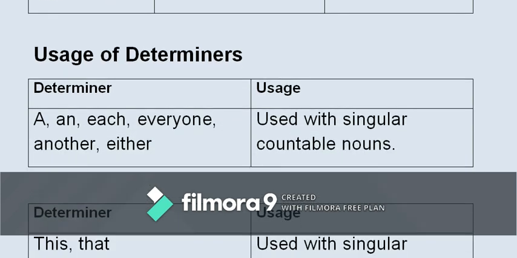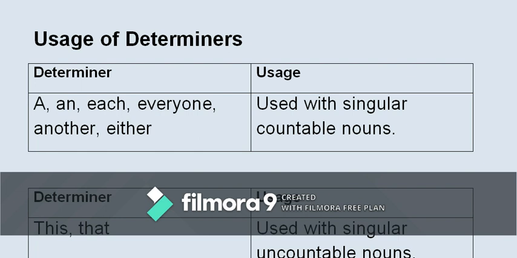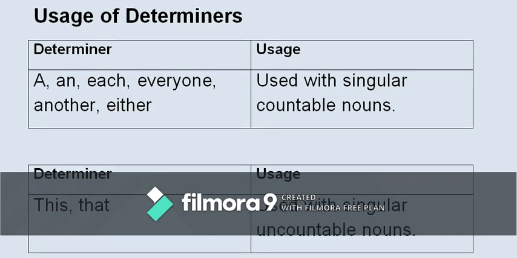Let us proceed. The use of determiners like a, an, each, everyone, another, either. You must have seen that I have taken words from different categories, so different parts of speech, and grouped them over here. Now why did I do that? To show you that these words are used with singular countables. So you will have a perfect understanding that if you get a passage for editing, omission, corrections, or gap filling, and the noun is countable and singular, then you should have these words at your fingertips to place and see whether they fit into the context.